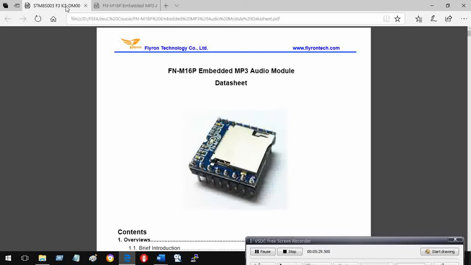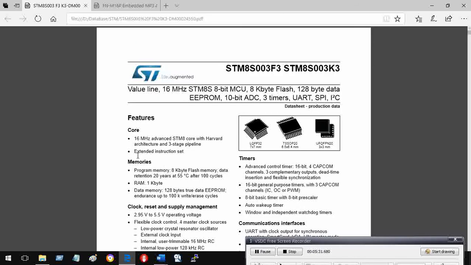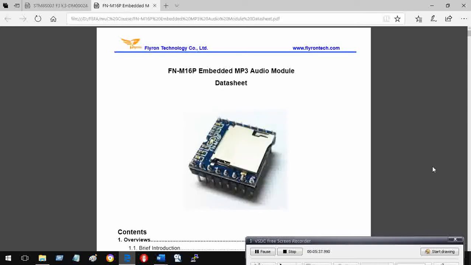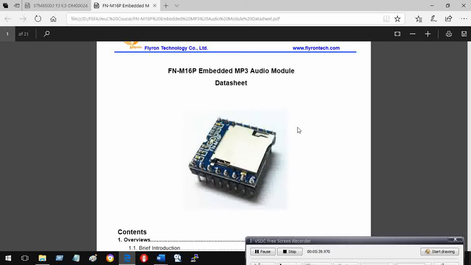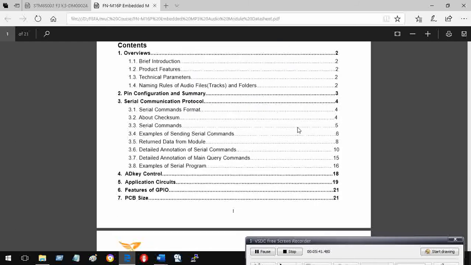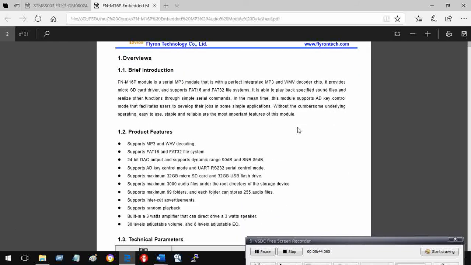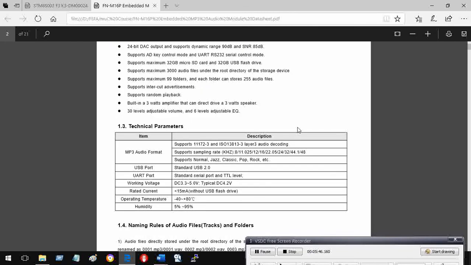So you remember what we got from this? It works from 2.95 volts to 5.5 volts. What about this? Is it compatible? Let us see. You can see here. It's rated, it works from DC 3.3 volts to 5 volts, and typically it wants 4.2 volts.